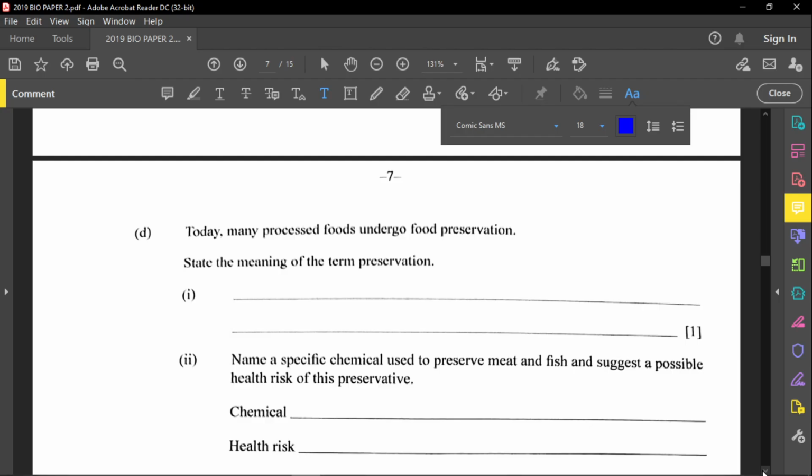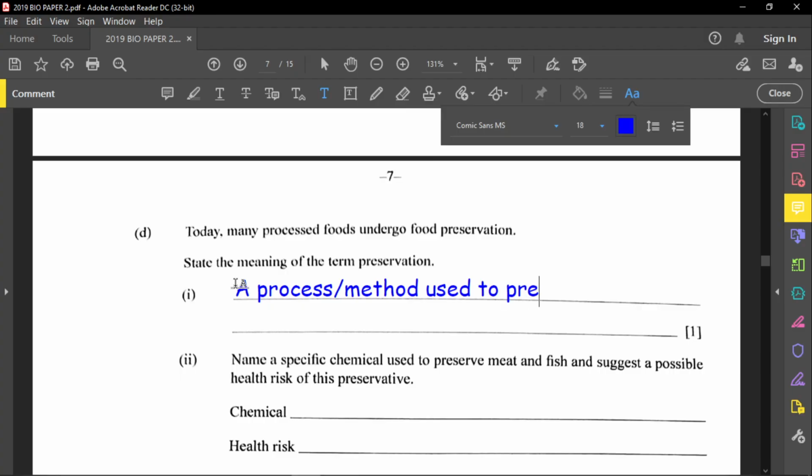All right, now let's look at part D of this question. It said, today many processed foods undergo food preservation. It says, state the meaning of the term preservation, what it means to preserve. And so preservation is a process, by the way. It's a process or a method. You can even use it as a method. It's a process or a method used